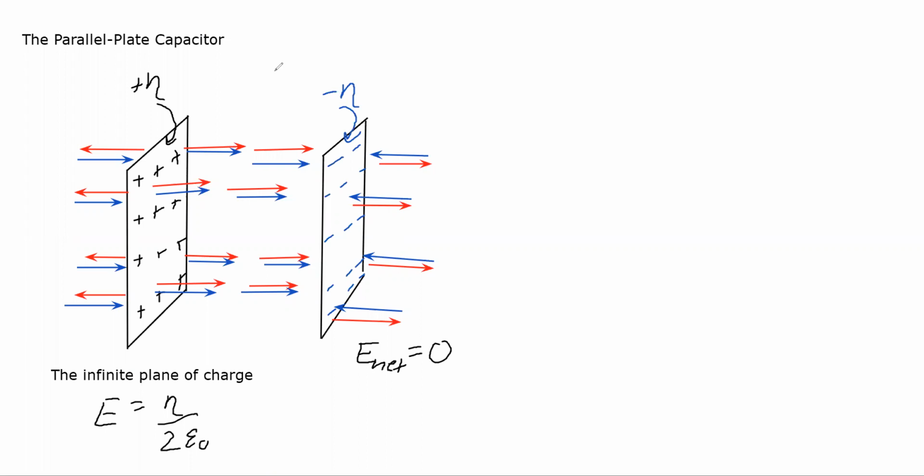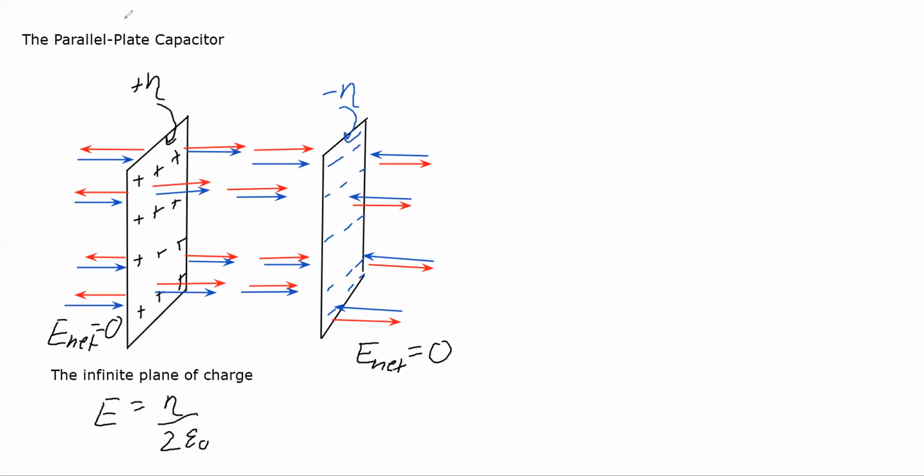On the left side of my parallel plates, we see the same thing. Electric field going to the left, and another equal but opposite electric field going to the right. So these are going to cancel each other out, and I'm left with E net equals 0. So these parallel plates give you a 0 electric field outside of the plates, but in between them, we